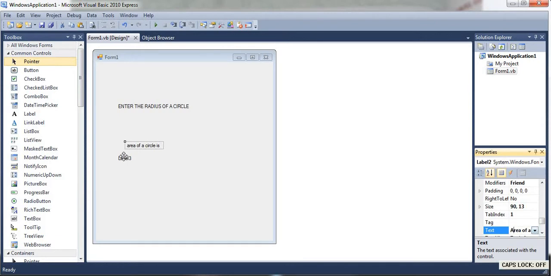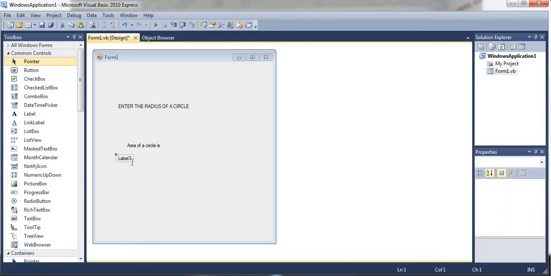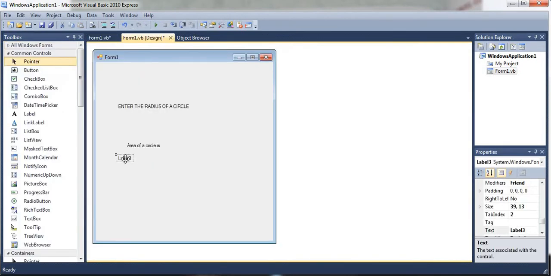the area of the circle, and in label 3 we want to display the circumference of this circle. Circumference of a circle. These 2 things will be calculated.